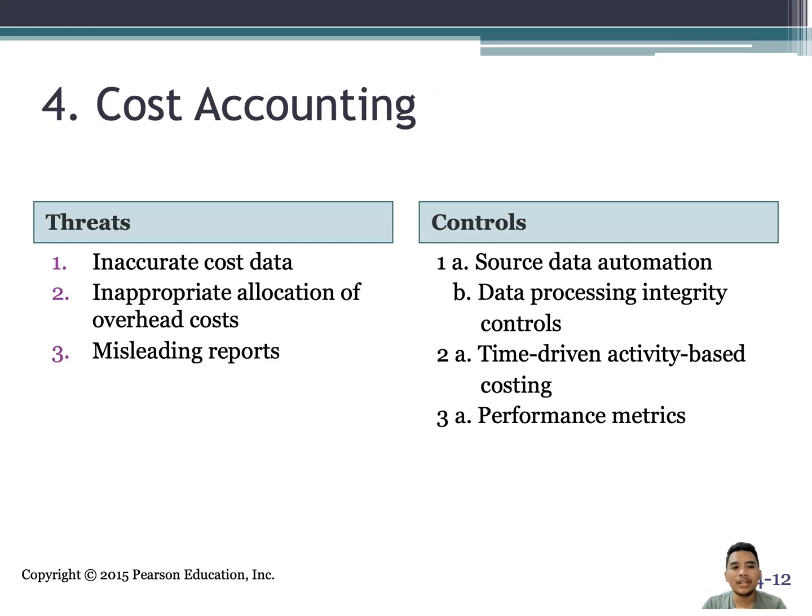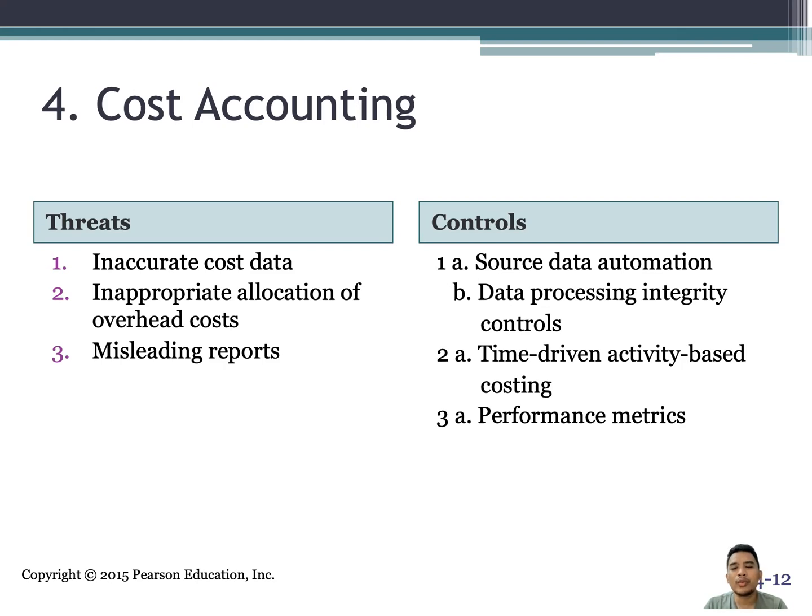Next, for cost accounting naman, basically cost accounting entails the allocation of the cost related to the production to each item to determine the value of your finished goods. And of course, that would determine the cost of production for each item. So what are the usual threats here when it comes to cost accounting? So number one,